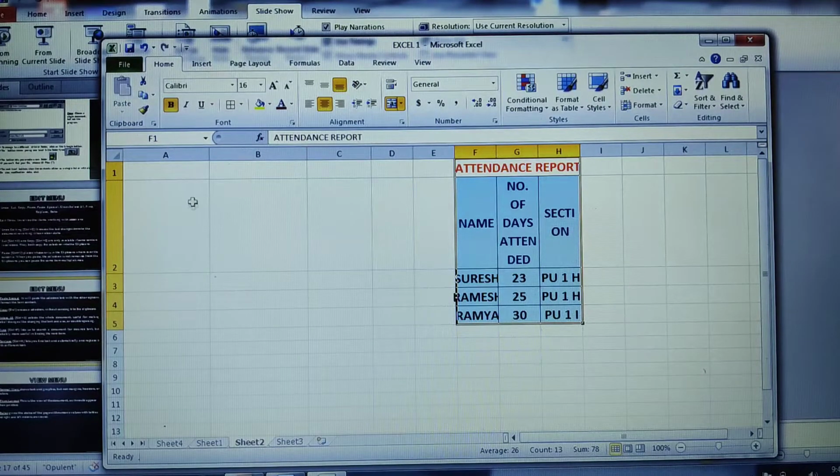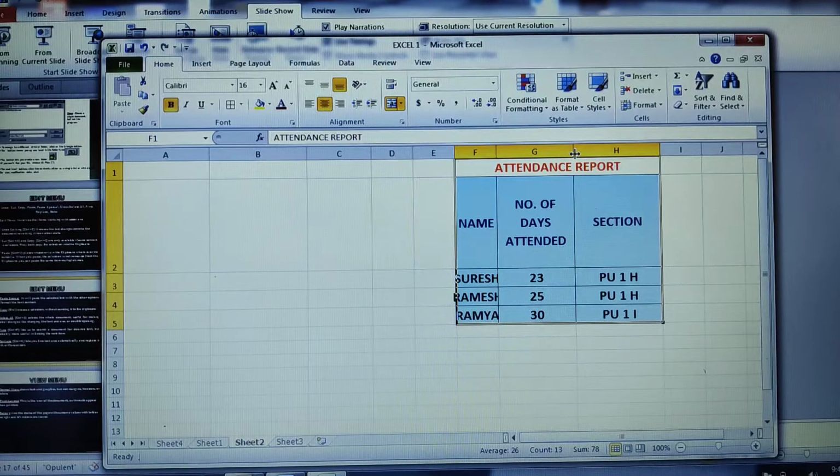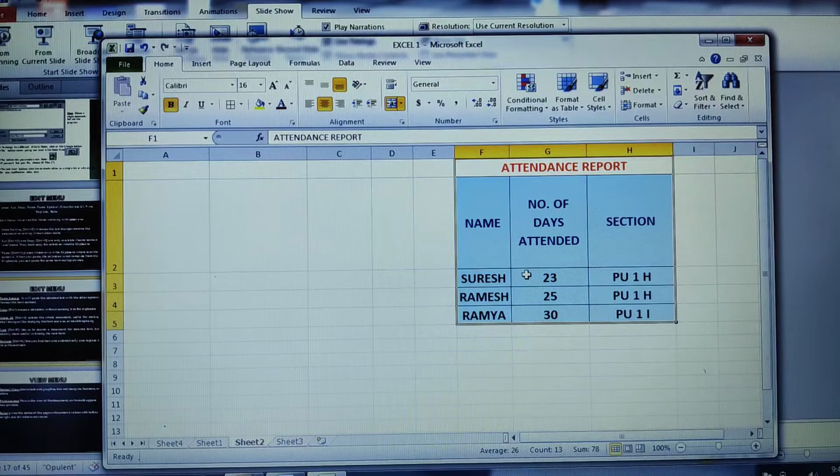If you see here, for these cells I did the formatting changes, but here I haven't done. That is the reason why I'm able to see it in this way. Again, as per your requirement, you can just widen the cells here. So this is how your table looks. You can paste n number of times wherever you wish to.